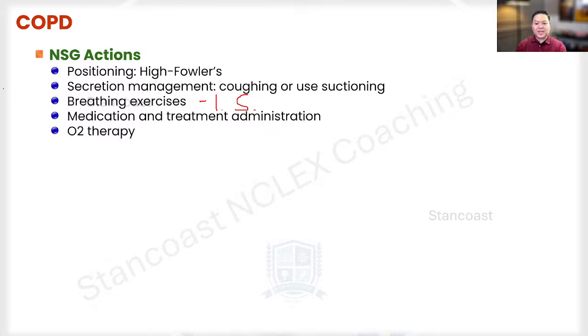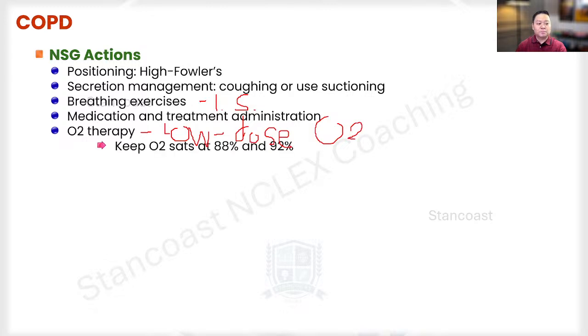Now, the oxygen therapy, again, is very important, and I cannot emphasize enough that we are going to deliver this as low dose. Emphasizing again, low dose O2. And our goal, again, should be 88 to 92%. We don't want to achieve 99, just so impossible. Okay, low dose O2. Again, because the low oxygen is their only drive or stimulus to breathe. Okay, if we give them high O2, they're going to stop breathing.